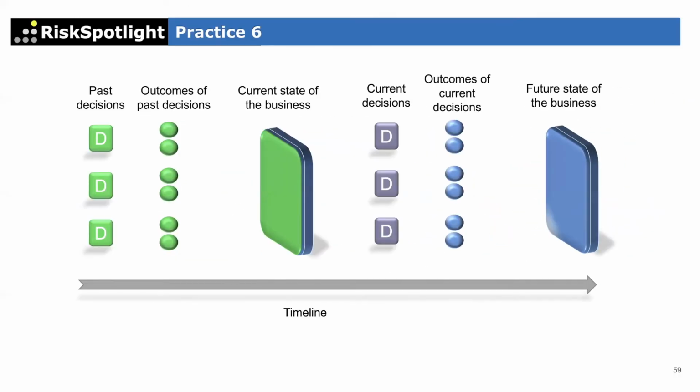So why is decision making important? Because the current state of your organization is a result of all the decisions which were made in the past 12 months, 3 years, 5 years, 10 years, and how those decisions turned out. So if you want to be in a better state in the future, then it is very important that you think about, okay, what are the decisions we're making today?